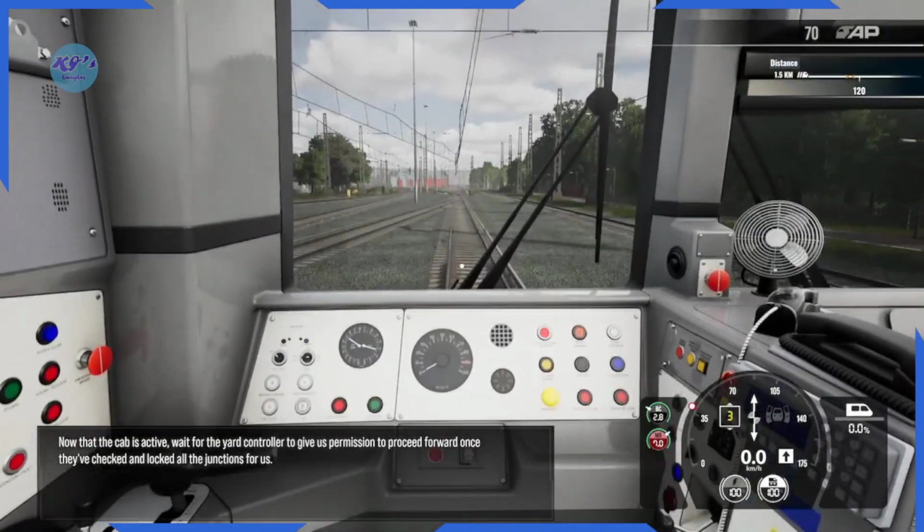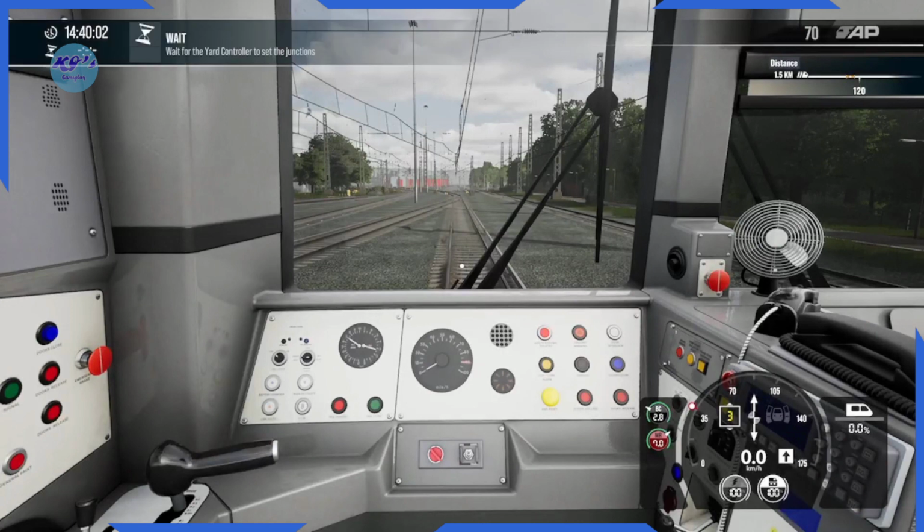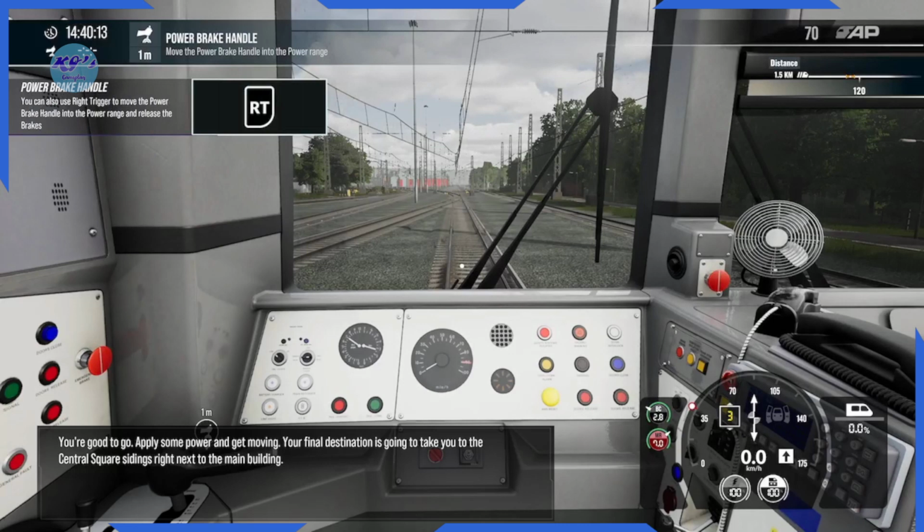Now that the cab is active, wait for the yard controller to give us permission to proceed forward once they've checked and locked all the junctions for us. You're good to go. Apply some power and get moving. Your final destination is going to take